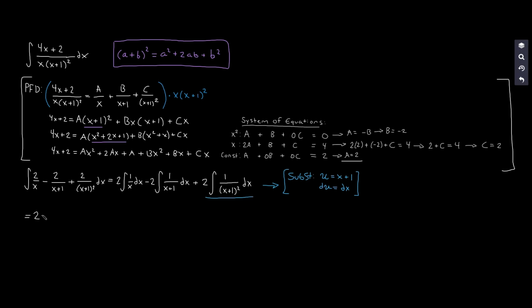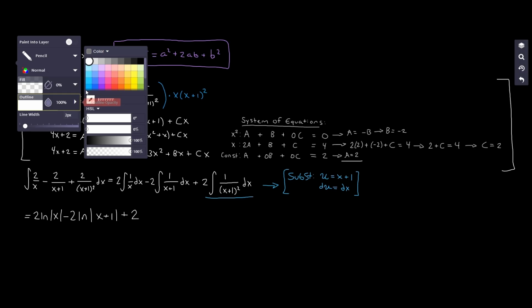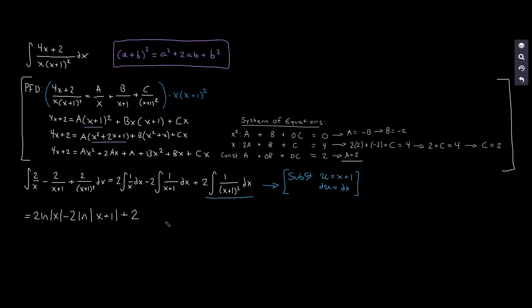So 2 times the natural logarithm of the absolute value of x, minus 2 times the natural logarithm of x plus 1. Plus 2 times the integral that we just did the substitution for. So that's going to be 2 times,